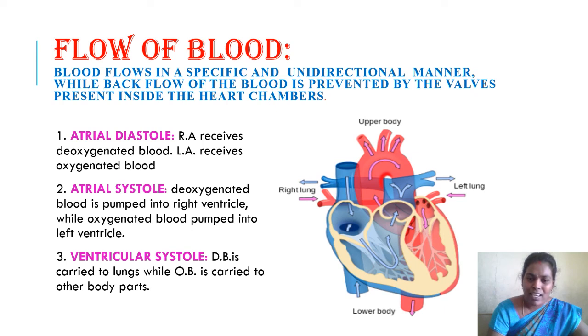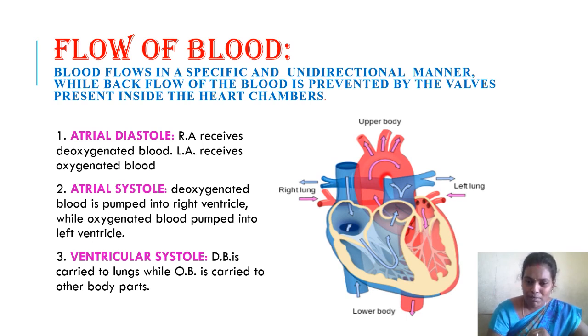And again let us see how blood is received and sent to each and every chamber of the heart. Look at this blue color blood vessel. Let us start with the right auricle. To understand the flow of blood, we have to start from one side of the heart. You know that the left side of the heart always contains pure blood, which is represented in red color. Look at this picture. And the right side of the heart contains impure blood, which is represented in blue color.